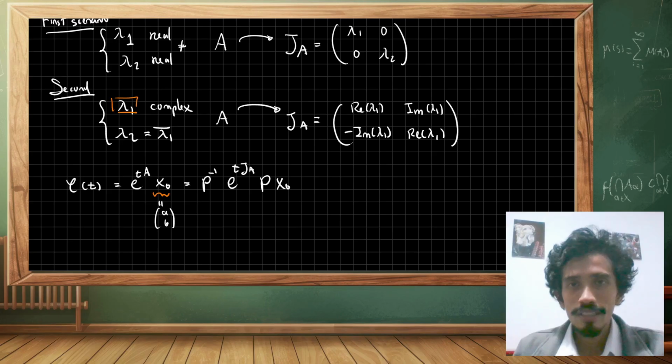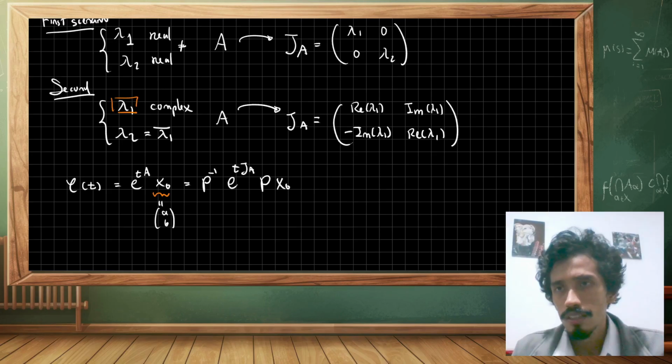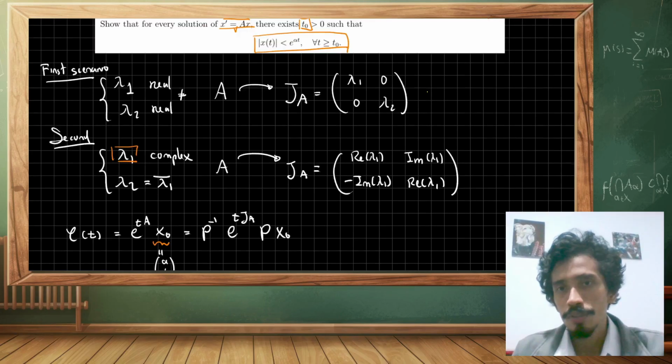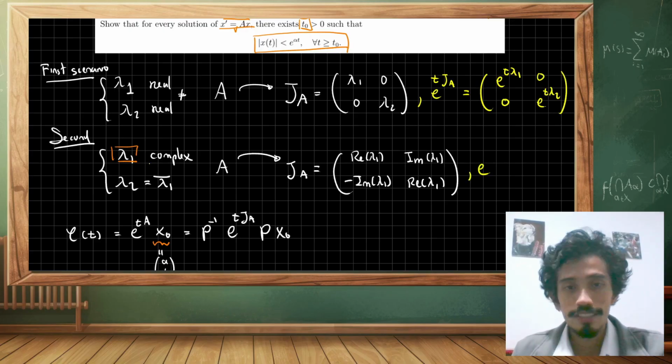So we know that the exponential of t times the Jacobian of the matrix A is equal to the diagonal matrix with the exponential of t lambda 1 and the exponential of t lambda 2, and 0 elsewhere. This is a property. And from this, for the second scenario,